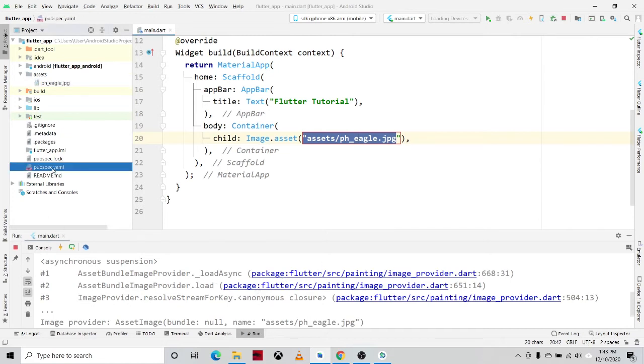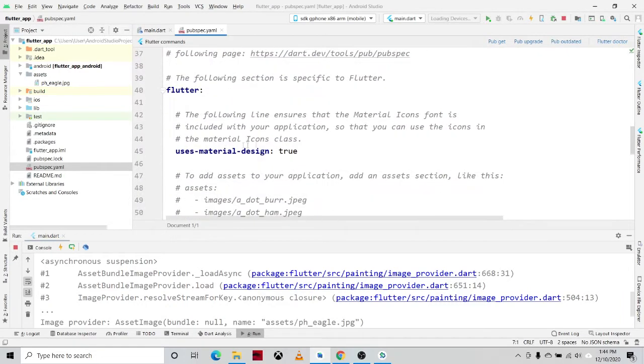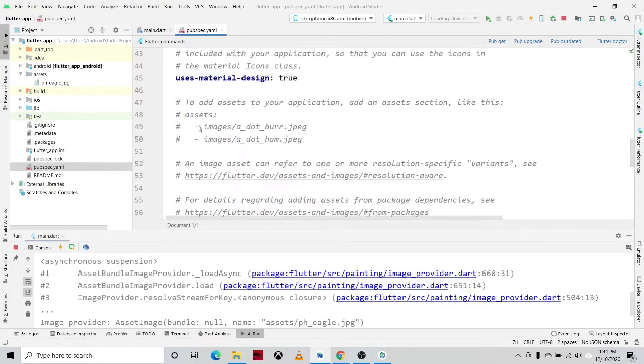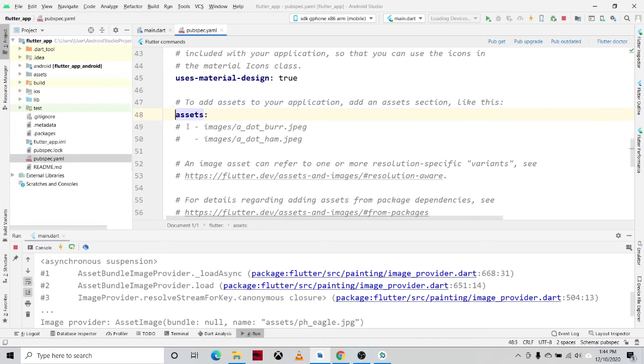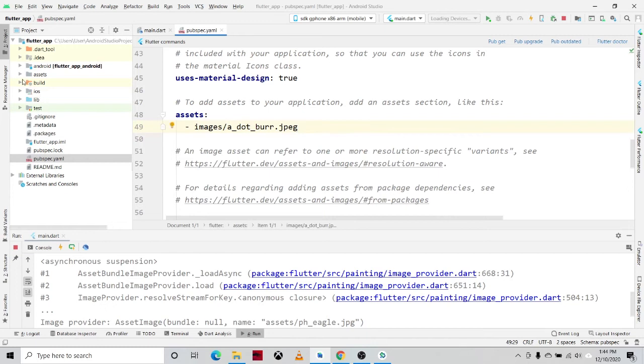So pubspec.yaml, we'll be opening that, and then browse the section under, so this one, okay? By default, it is in comment format, so you will be removing first the pound sign. Remove the pound sign, and since we will only add one image, I remove the other images specified.